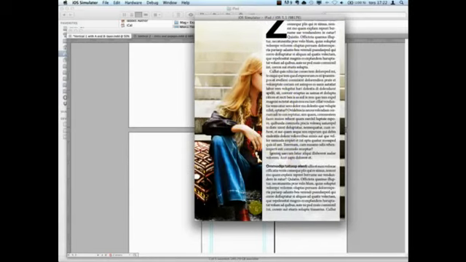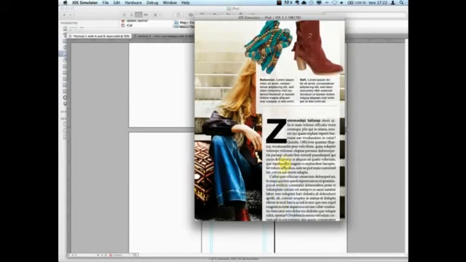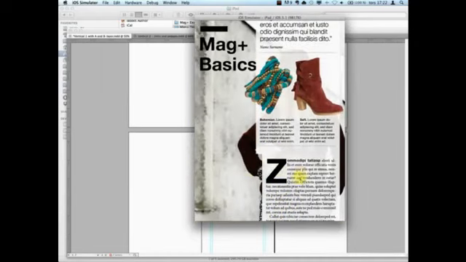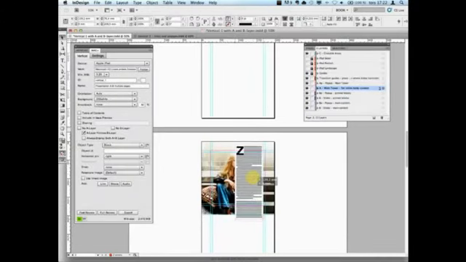But let's say I don't want the iPad to show the text like this. I want it, when I reach this page on the vertical, to show exactly like this. This is when you start to use something we call snapping on the layer. And snapping is basically used for you to have the page showing up exactly as you want it when the